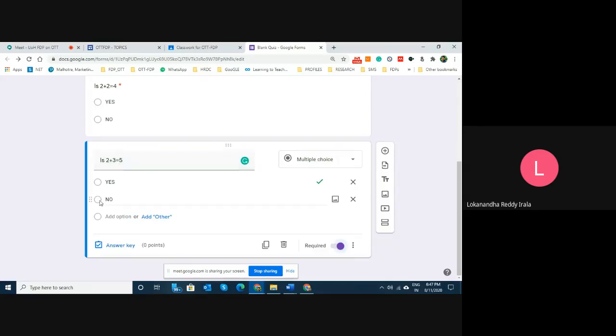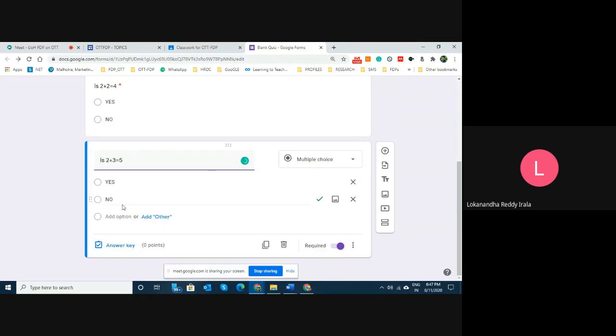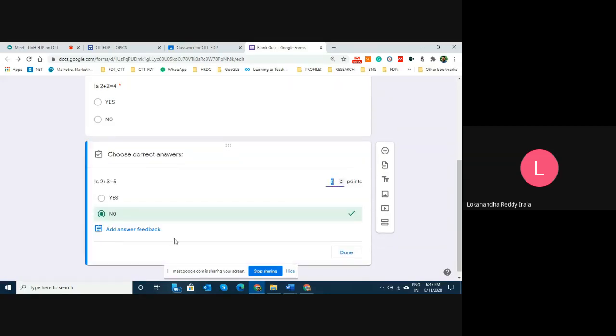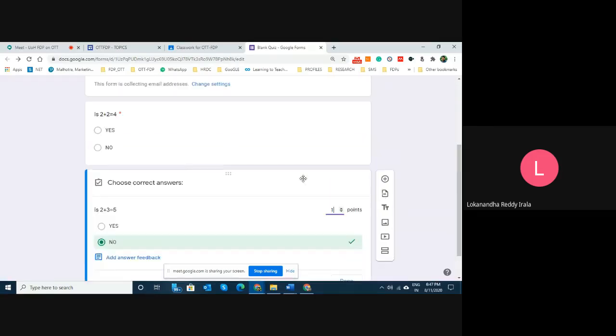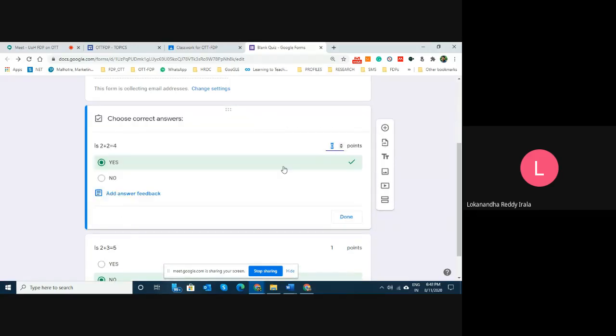That's the question. Let us say this time, go to the answer key. I say the answer is no. Just like that. Let us say I did this. Then at the answer key, you should not forget to mention this carries 1 point. That means the right answer carries 1 mark. Here also, you go to the answer key. Again, you say the right answer carries 1 mark.